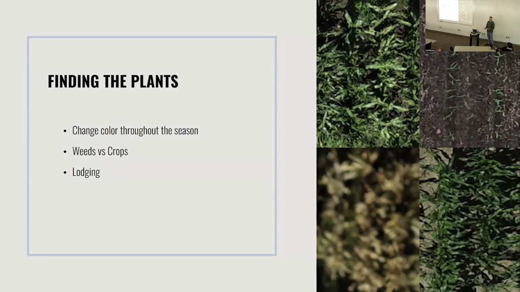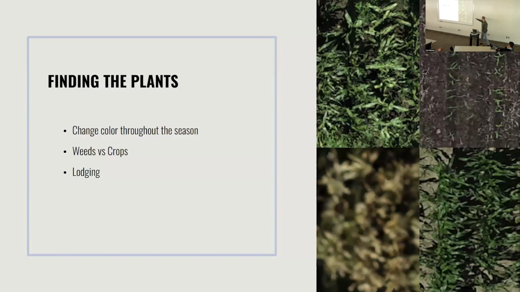And so just to give you an idea of the challenges of trying to find the plants, it seems super simple, right? You should be able to just look at the green stuff. And very early in the season, it is, right? So this is right after planting when the plants have just emerged, a couple weeks old. And right when they come out of the ground, the soil is brown because we just sprayed an herbicide. There's no weeds or anything. The plants are bright green. They're super easy to pick up.